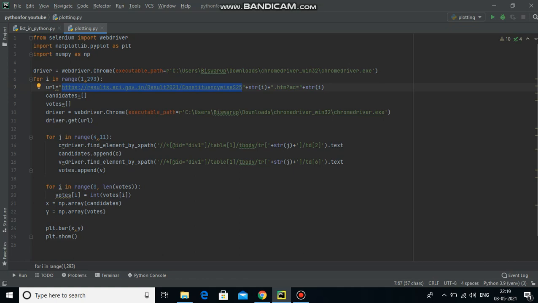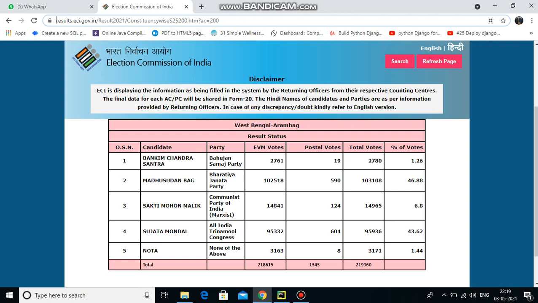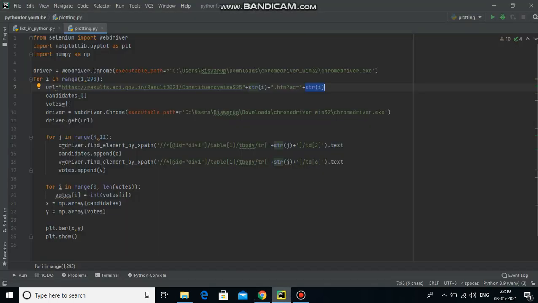I have used the URL and incorporated the constituency number over here and over here, where they have put the numbers. In this way I am constructing the URL by dynamically changing these numbers.